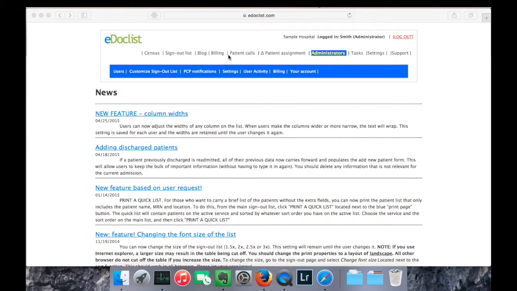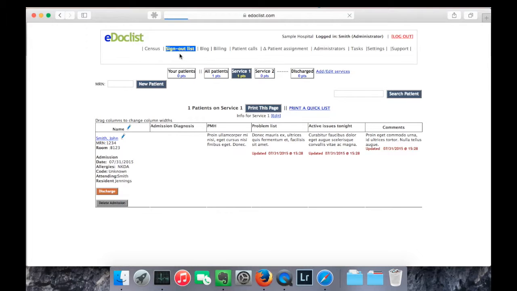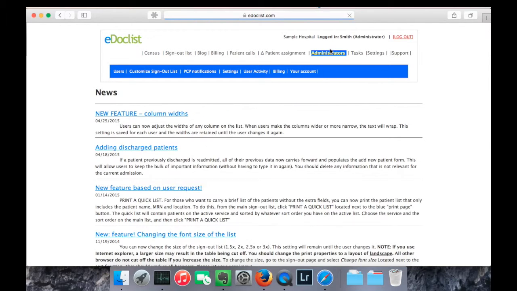This top menu, which the users also see, is how you access the sign-out list. That's here, and it gives you a list of the patients. If you want to go back to the administrator section, you click the administrator link here, which will then give